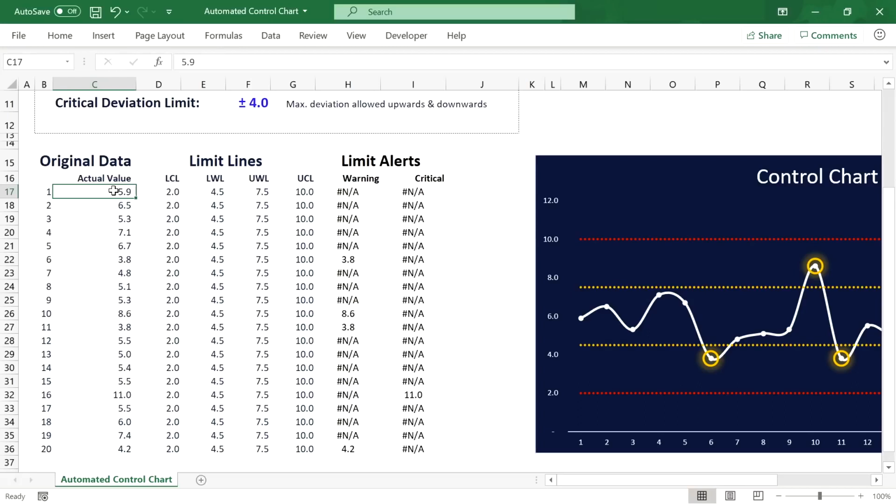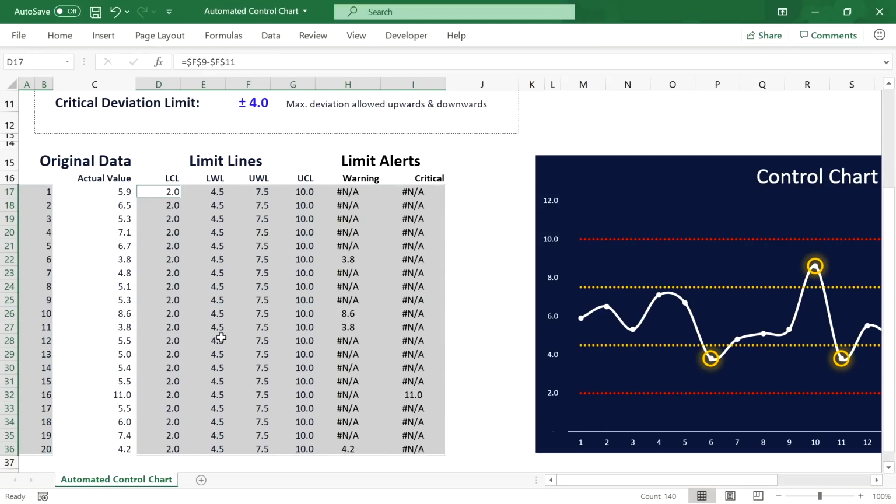What we want to have is a data set where we only have to enter values for the one data series right here and make all other series be calculated based on what's in here. If there's no actual value in the row, we don't want to have any of the other series to have a value in the row. But as soon as we add an actual value for the row, we want all the other series values to